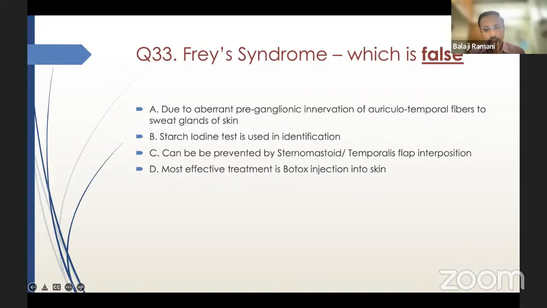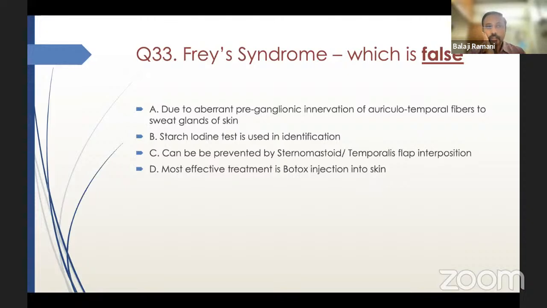Why is A wrong? Yes. So the answer is postganglionic fibers. So postganglionic innervation is going to be the one which is going to be effective. So what happens is you have got the auriculotemporal nerve which is going to supply all the fibers to the parotid gland. Now, when you do a parotid surgery, what essentially happens is the fibers are going to get disrupted,